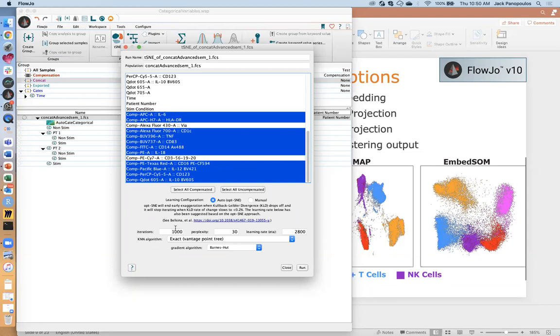Now, generally speaking, if you have, I don't know, 1 million cells or less, 1,000 iterations is probably a good rough place to start. If you have more than that, you can bump this up to, I believe, 3,500, which is the maximum number of iterations you can give it. And then, of course, the perplexity. This is a value that is very similar to clustering algorithms' K value, like the K value for nearest neighbors. It's similar, at least in that regard, but it influences